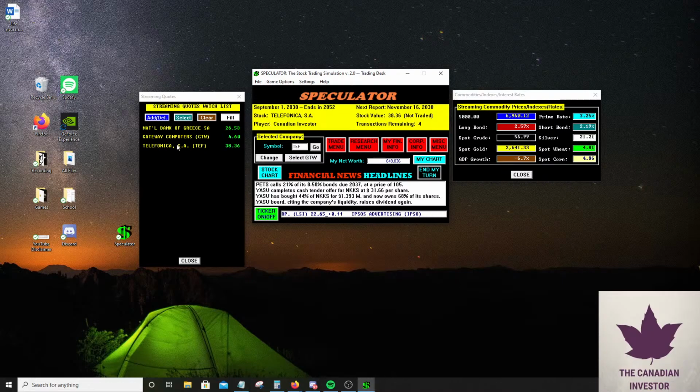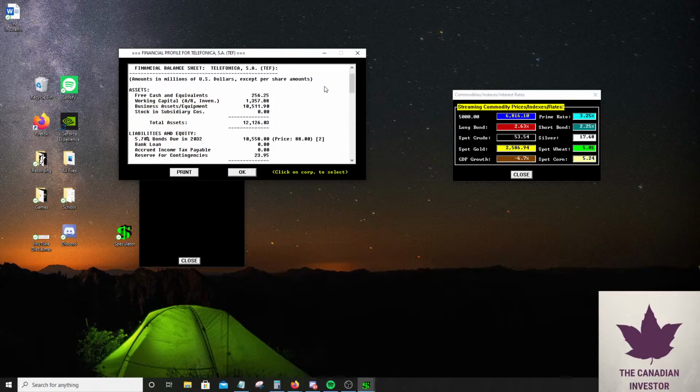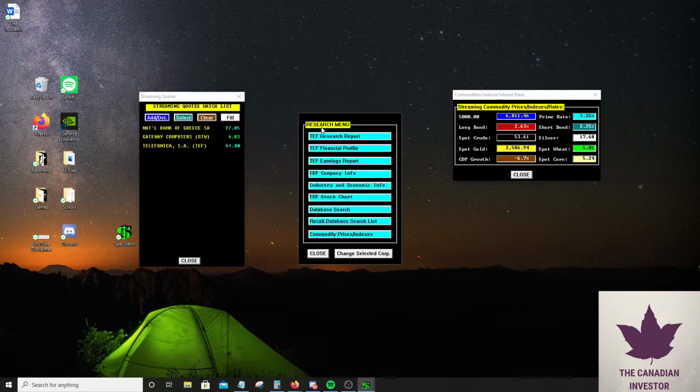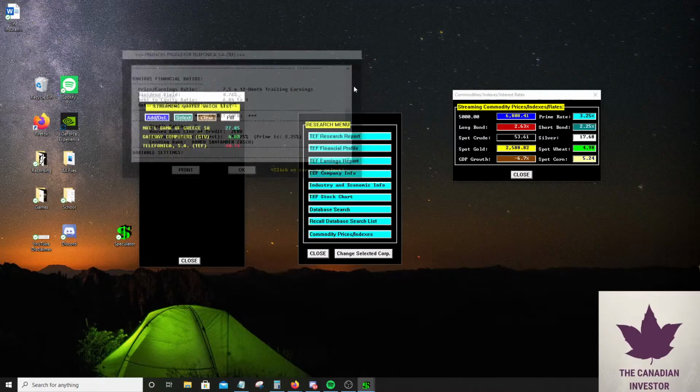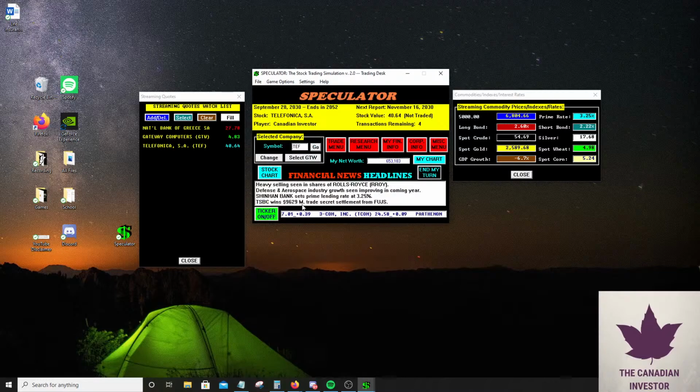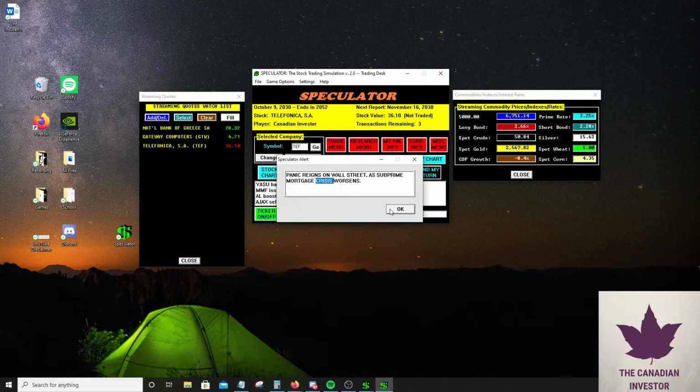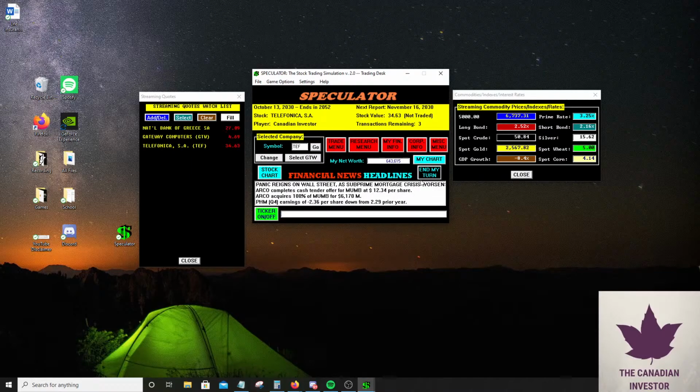But I think that company is a lot better than Gateway. Gateway, I think, is just more likely to go bankrupt because they're losing money every year. Whereas I think Telly is actually making profits, or at least making a decent amount. But they're pretty likely to have to sell assets. How much credit did they have? 0. So they're pretty likely to go bankrupt, or they'll have to sell off a ton of their assets. It might make sense though. They might have to restructure their company a bit.